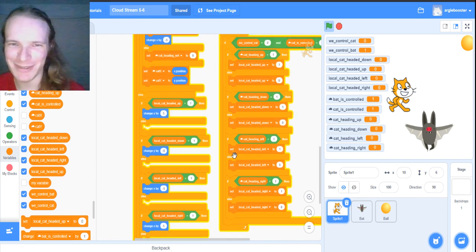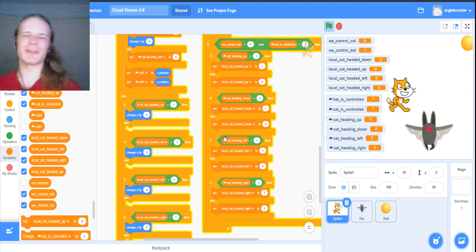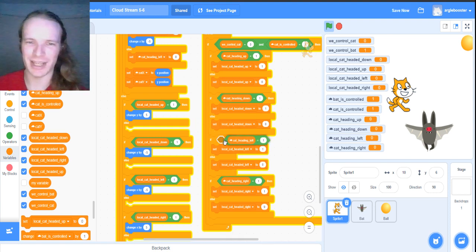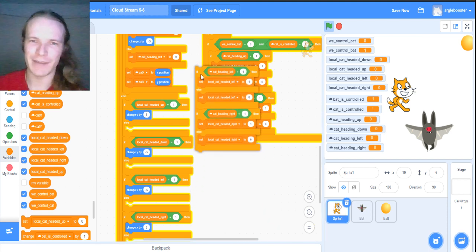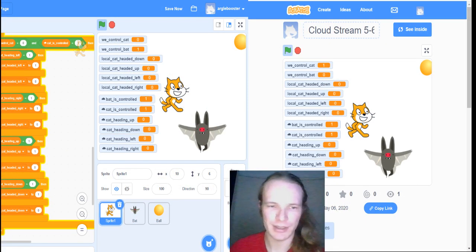I suspect what we want to do, which I kind of hate, is we just want to pull each of these into their own forever loop, because reading from the cloud is so hard. Basically up and down are working because they're the top two. Or no, the easier way to test this hypothesis is to move the left, right to the top of this forever loop, and now see if that makes it so when we go back to this and this,